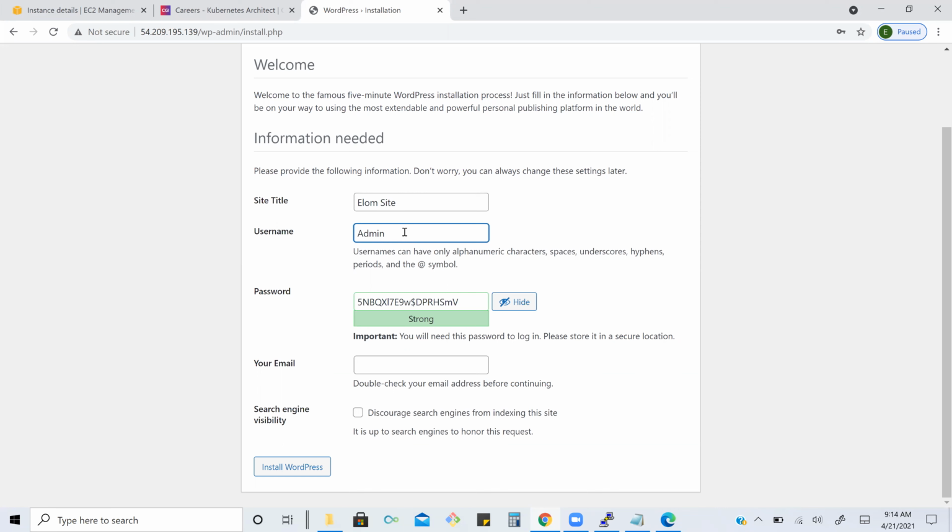Give an email. Yeah, any email. Click install WordPress. You have to check this box. No, just fine. Leave it.